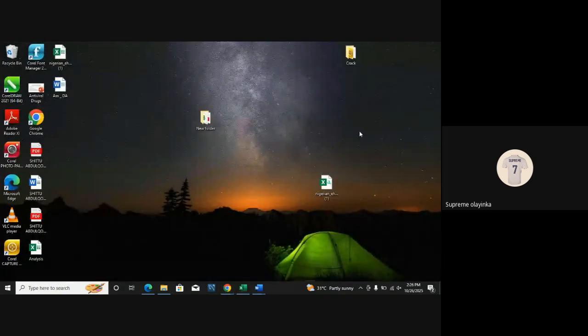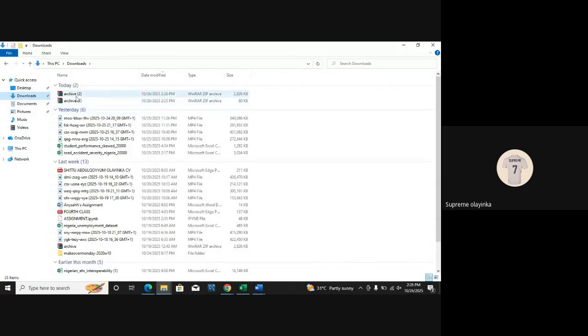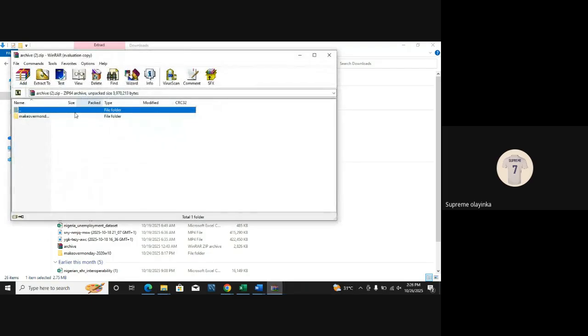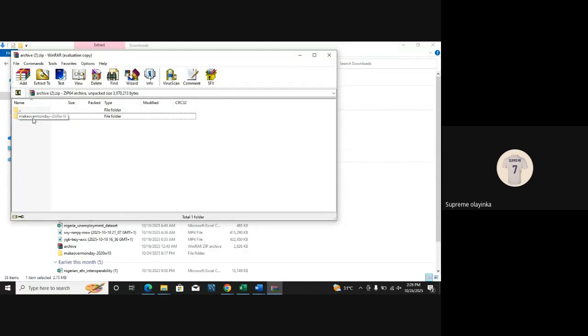Okay, all right. So the next thing you want to do is go to your computer, then click on your downloads where you downloaded. These are the two files I downloaded, right? I want to click on the second one, the women abuse one.